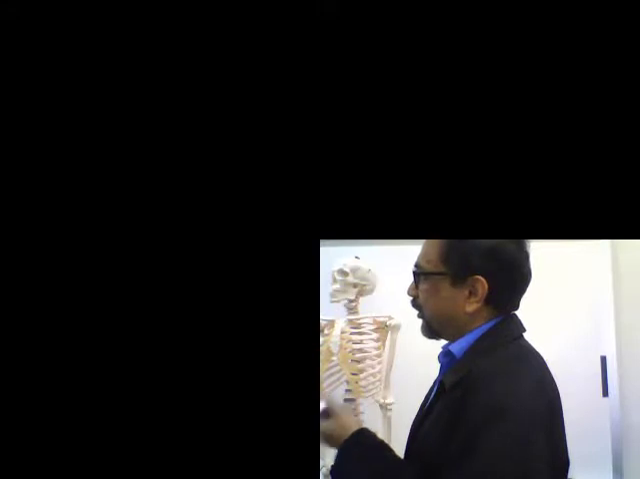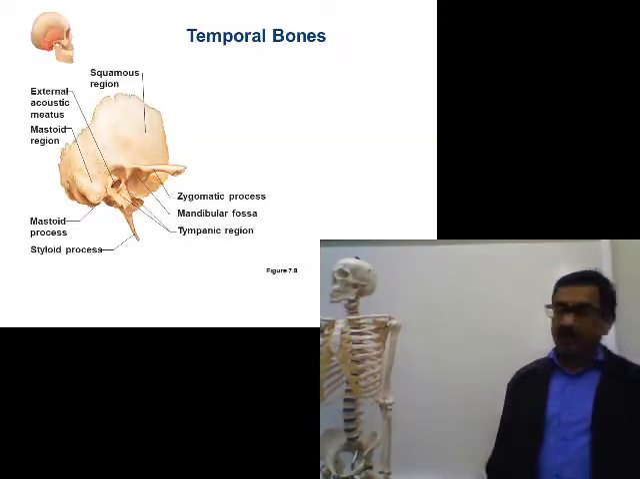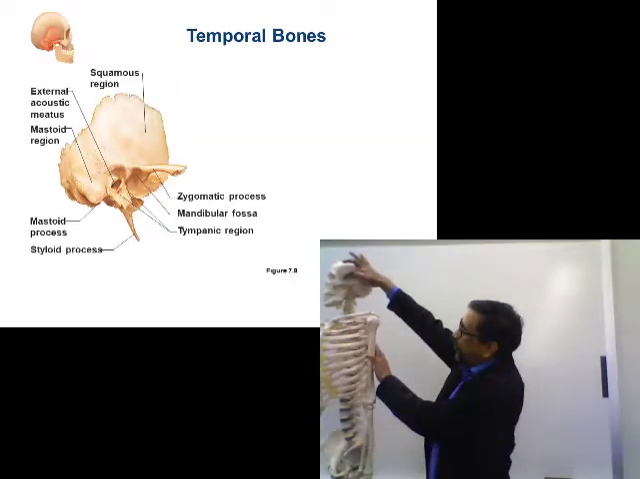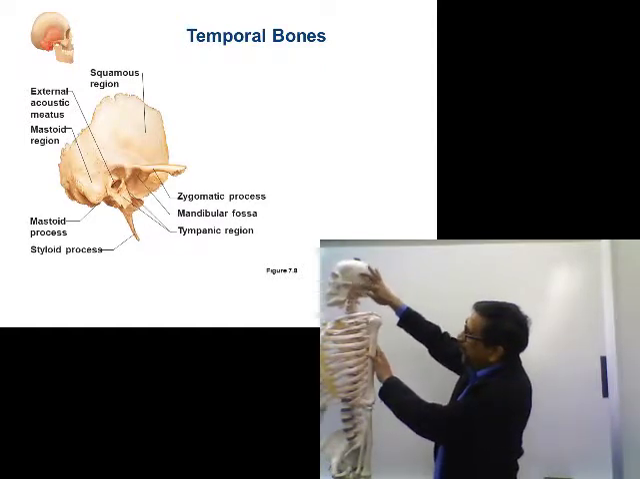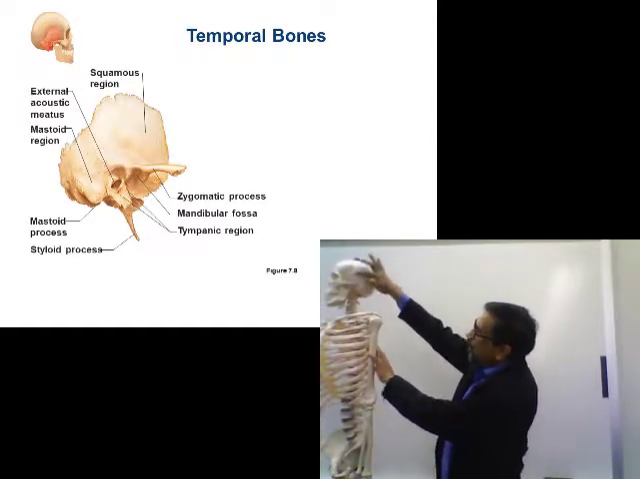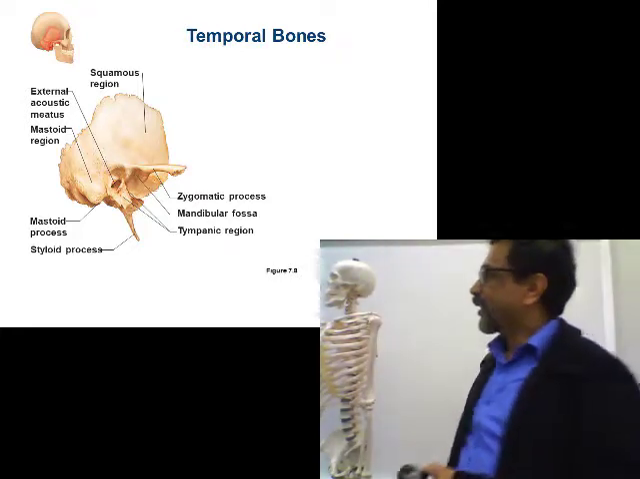Let's go to the individual cranial bones. We will talk about few cranial bones individually. So this is a temporal bone. Here, this is the temporal bone. Look in the skull. This is the temporal bone. Now, temporal bone has a